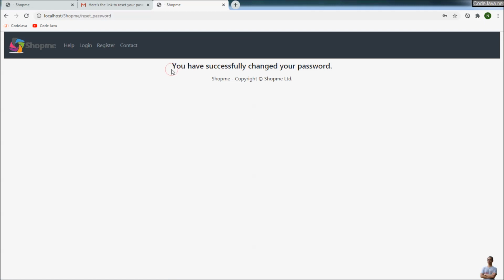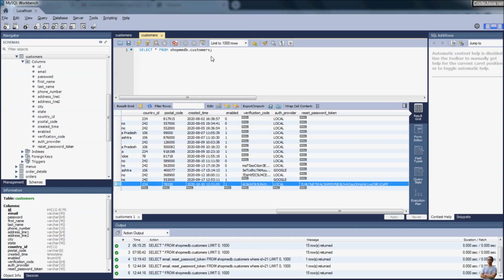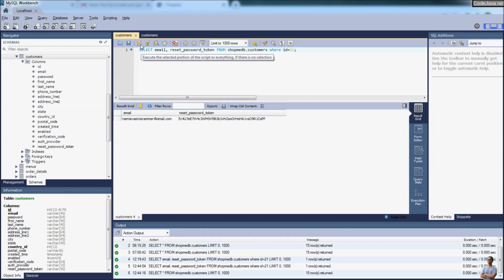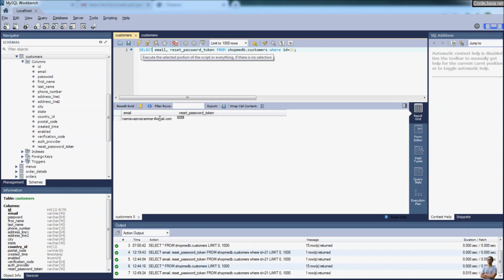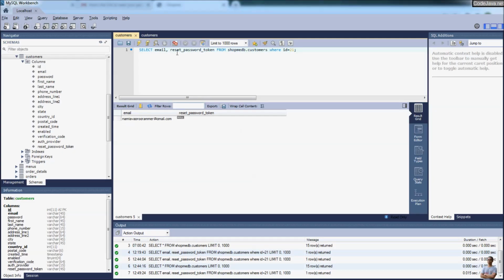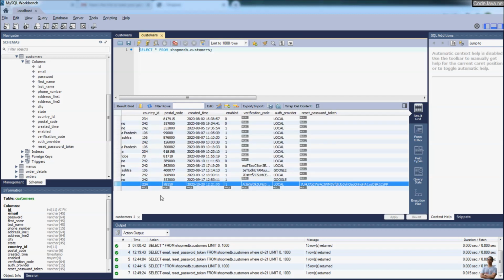You see, you have successfully changed the password. And let me check the database. Refresh, and you can see for the customer with the email name Java programmer, the reset password token is set to null here,